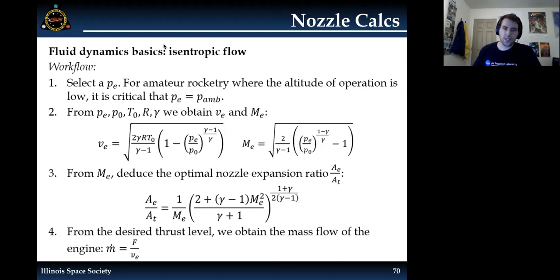And then from these, you can deduce your expansion ratio using this extra equation, which again uses these terms and also your heat capacity ratio. And then you have to use your desired thrust level, and you can determine your mass flow rate. For our engine, we want to use 4 kilonewtons. So if we continue to the next slide,